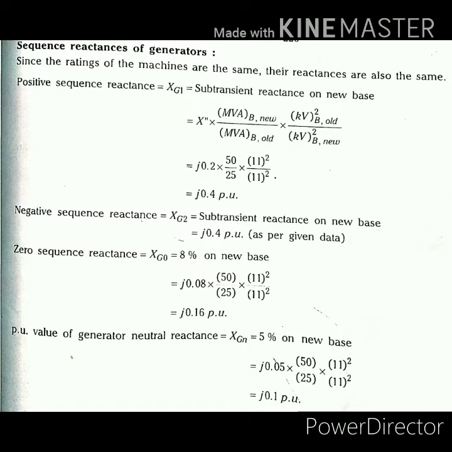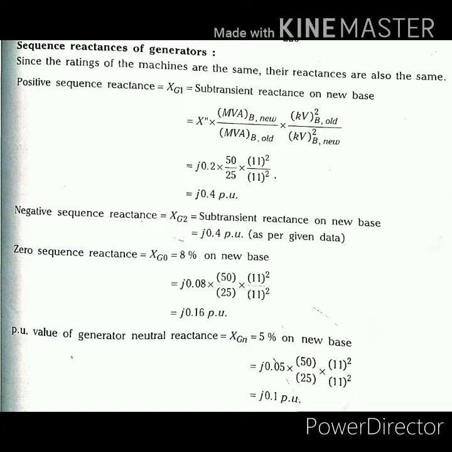Next we have to find zero sequence reactance. Before finding the zero sequence reactance for generators, see how the generator is connected. Generator 1 is a star connection whose neutral is grounded through a reactance Xn. So when we draw the zero sequence network, we have to have one reactance X0 in series with another reactance 3Xn. So here we should find X0 also, we should find Xn also.